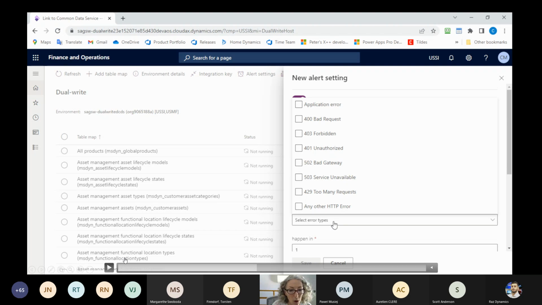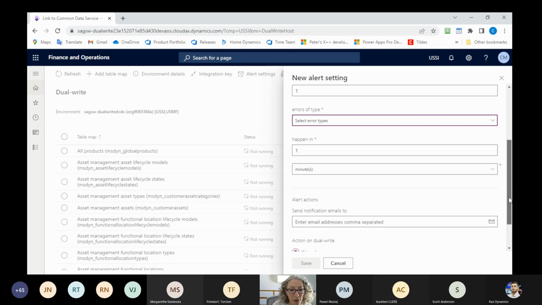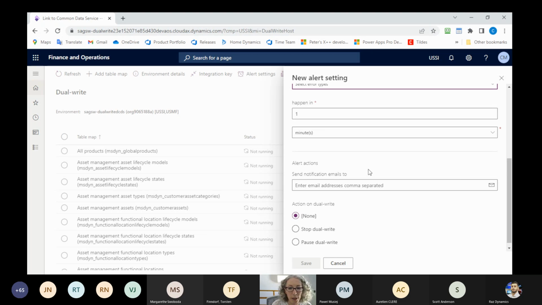So we can control all these different types. We can select one or many here, as many as we want. And then we can control as well how many times in a specific period of time we allow this to happen